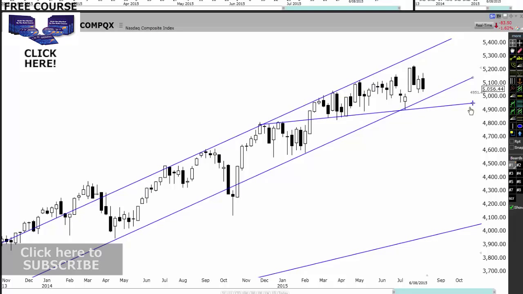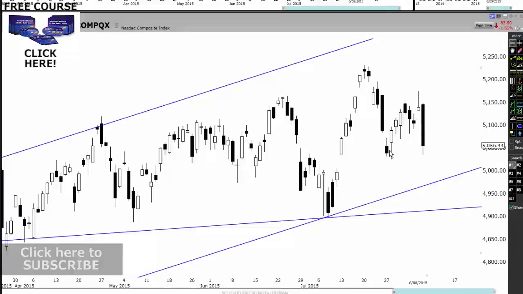Can you see how I've just done that? So resistance here, resistance. There's also been all this support through here, and it came down to this level and supported through there, and then bounced back up. Can you see that? So if we go to the daily chart right now, we actually can see